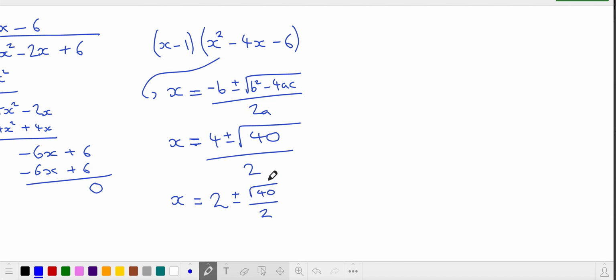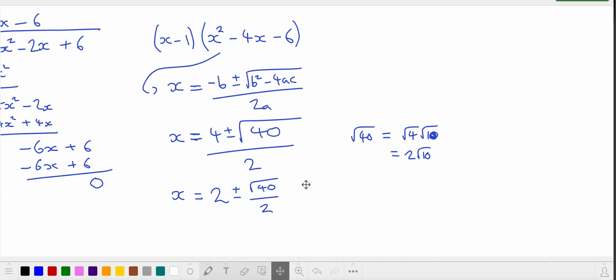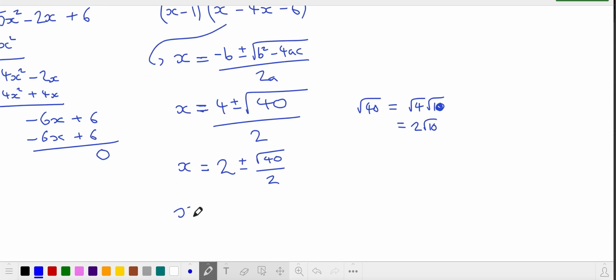This is going to simplify, isn't it? 40 is 4 times 10. Let's do this separately over here. So it's root 4 root 10, 2 root 10. And 2 root 10 over 2 is just root 10. So x is 2 plus or minus